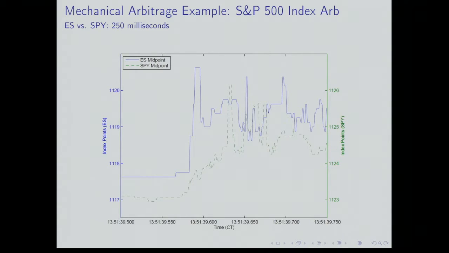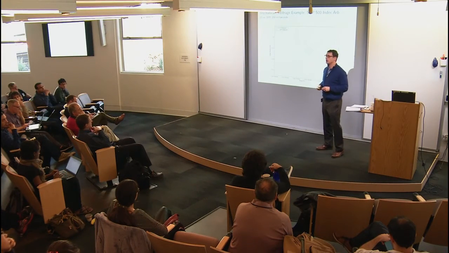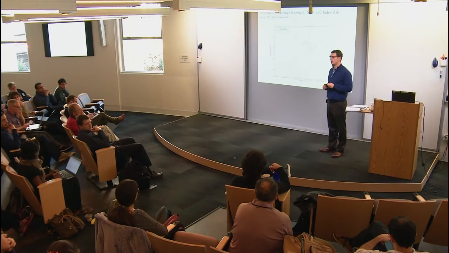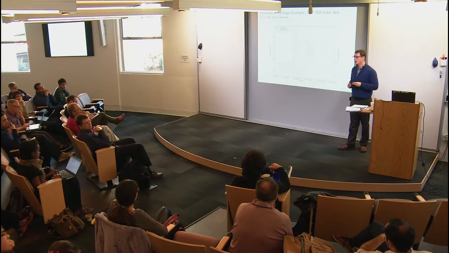So for comparison, how would you estimate the bid-ask spread on the same graph? So we don't have to estimate anything. We can see it in data. I'm showing you bid-ask midpoints. So how large is the spread? The spread's a quarter index point in Chicago and a tenth of an index point in New York.